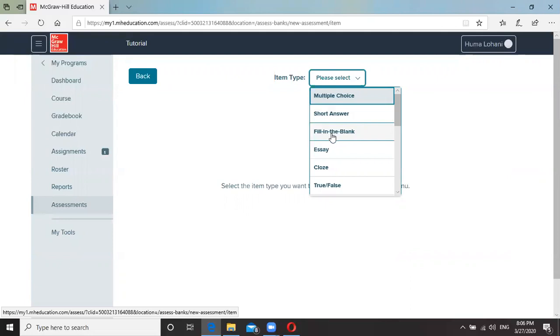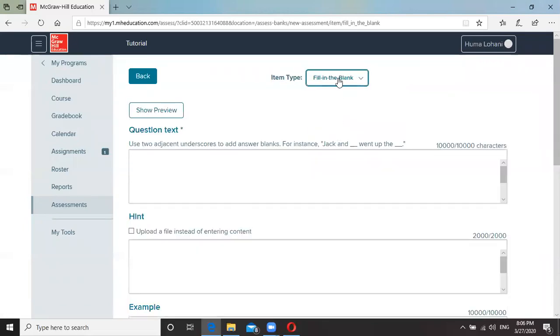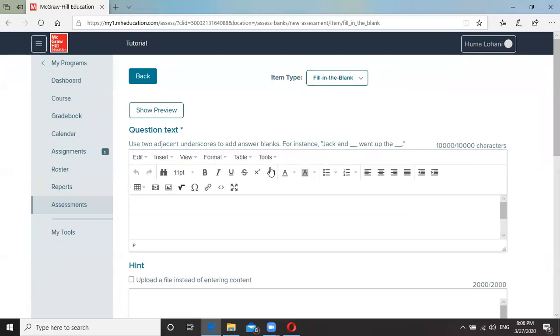But when we say that the fill in the blank must be corrected automatically, if our students make any spelling mistakes, the system will consider it as a wrong answer, and we don't want this to happen. So if you create a fill in the blank question, please make a note there for your students to use correct spelling. For example, if I make a fill in the blank question here, now I will show you how to make it. I will say, let's say, yeah,